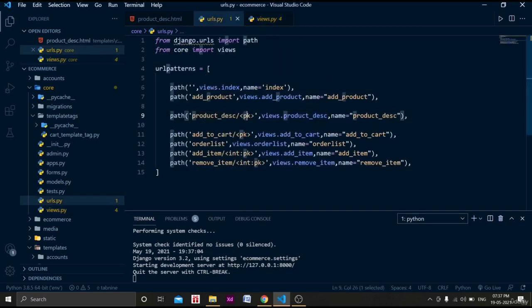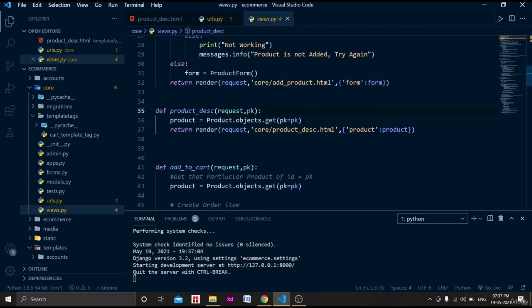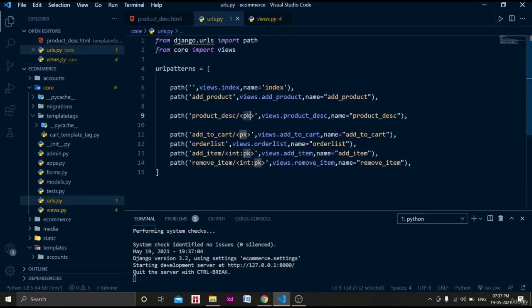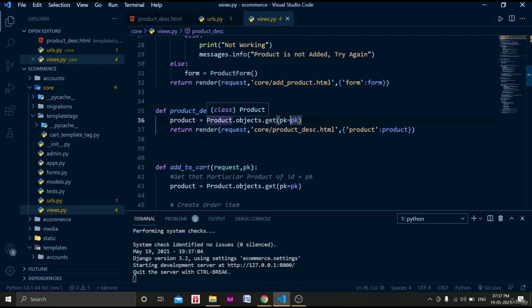Okay, so this PK we have to grab in this function. For that purpose we were using this. When we pass this PK, we were getting the product, which was our model, our table: Product.objects.get with pk equal to pk. So we are just getting the object of that particular product with ID pk, right? And we were just rendering the product description page and passing the product in the form